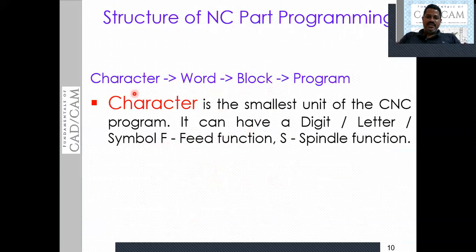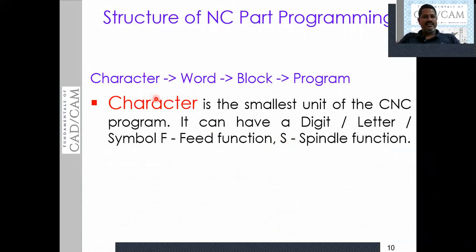Okay, so the characters are used to form the words. Suppose F is followed by a number, that gives us some meaning, the feed function. So that is called a word. Then S followed by a numerical value is also called a word. So S alone can have meaning? S alone